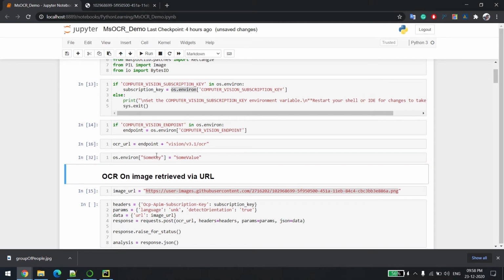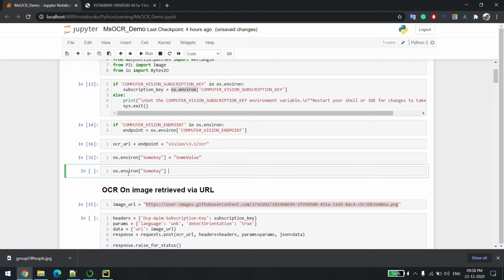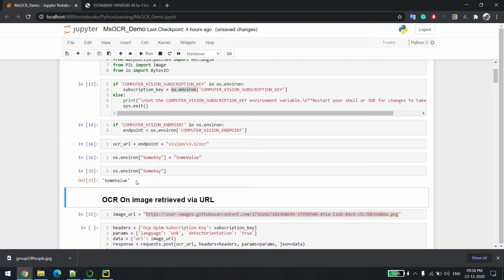So this is done. Now if you try to access this, you can see it's printing. This is the way you can save the Computer Vision subscription key and the endpoint, which is the URL I was talking about.